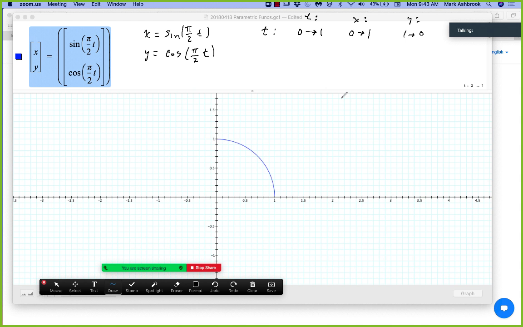And remember, when we graph these parametric functions, we're graphing x and y together, and t is kind of invisible or is behind the scenes. And so here's t equals 0 up here at our point 0, 1, x equals 0, y equals 1. And then as t increases from 0 to 1,